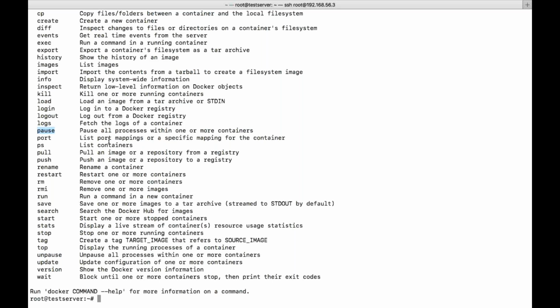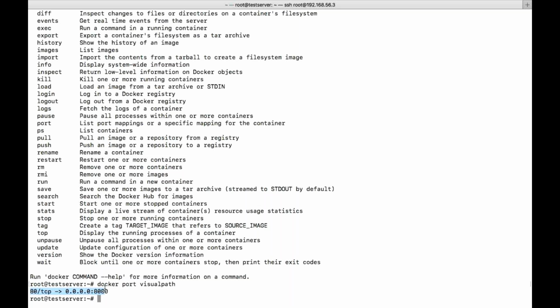So what is port? Port, in the sense, lists port mappings or a specific mapping of the container. If you want to see what kind of port mapping we have done for a container, we need to use this port. You can see this port mapping which we have done. Normally we get it in the Docker ps command itself.